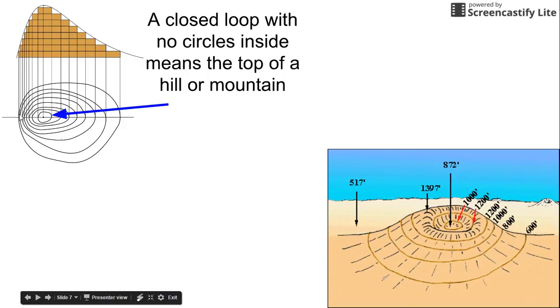Now you'll also notice if you were to approach this from this side, if you were going to climb to the top of it this way, see how this side is much more steep? You can tell by looking at a map of this area that that side is steeper because you can see that these lines are closer together. You don't have to go very far and your elevation has changed quite a bit. Whereas over here on this side, your elevation has changed more gradually. If I didn't want to do a lot of climbing, I would pick this way because my elevation changes more gradually. And again, you can tell that because your lines